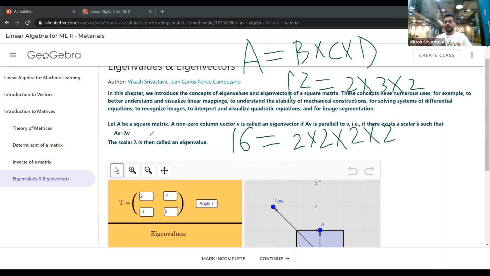I was happy with that definition, but the teachers or professors never focused on how to visually interpret this particular concept, right? But today we are going to understand the concept totally visually, so that you will have a very good geometric interpretation or intuition of what eigenvalues and eigenvectors are, right? So let's